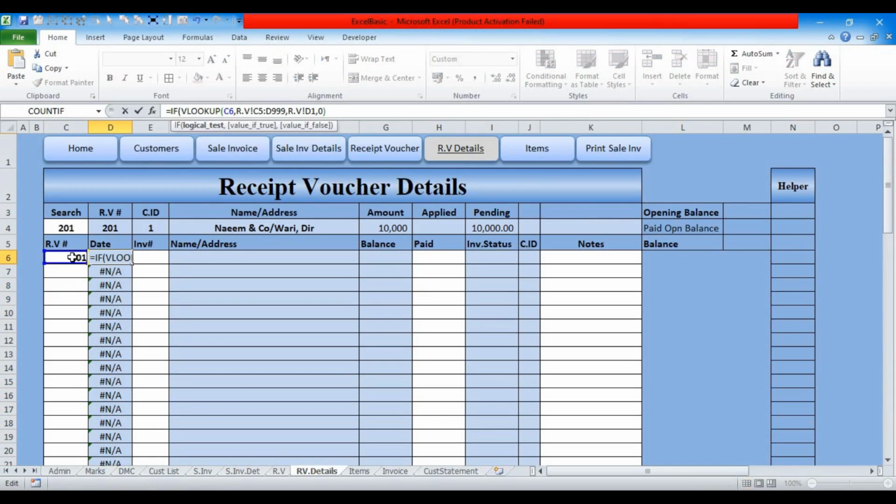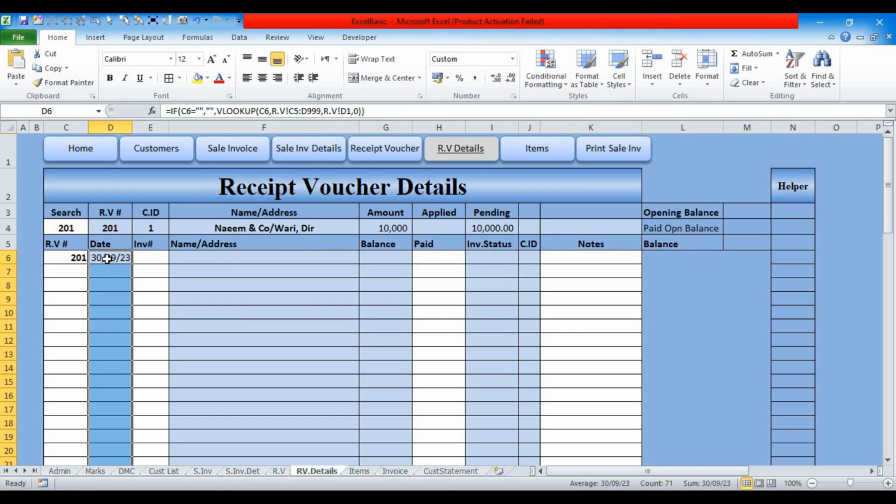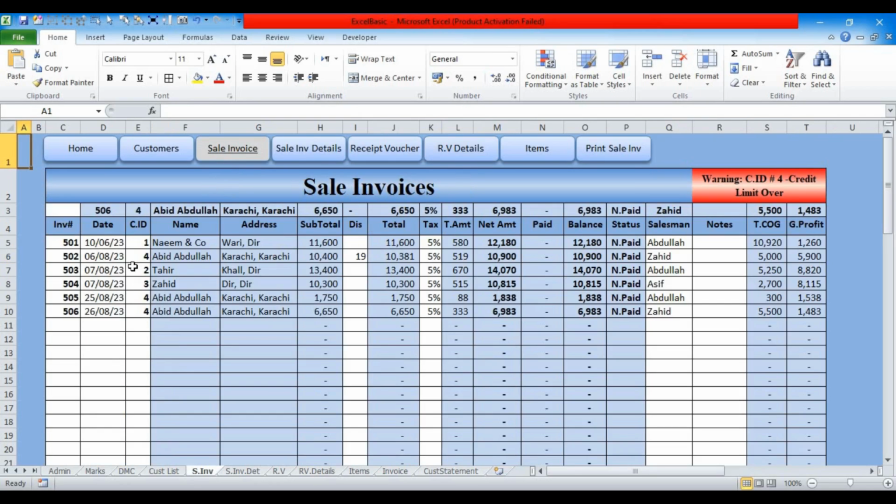IF, press tab, this receipt voucher is equal to blank, then it should return a blank, else continue the formula, press enter. Let's fill the formula here. So I get the blank spaces automatically. Now as I enter the invoice number, let me go to the sale invoices, and here I want to